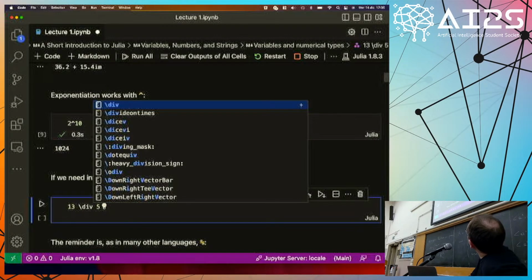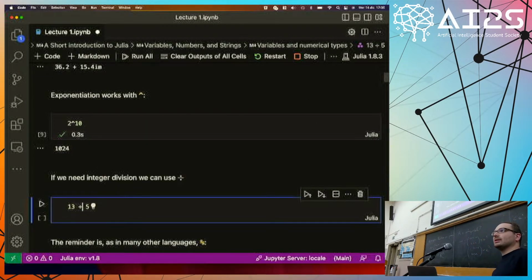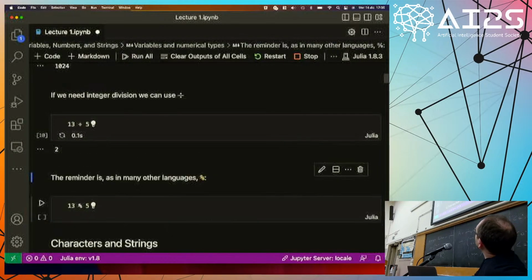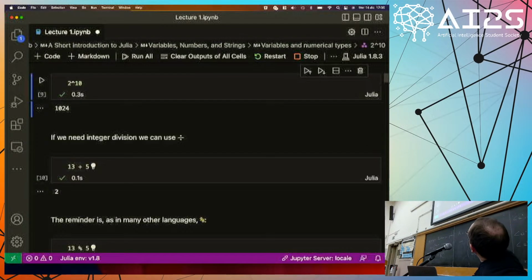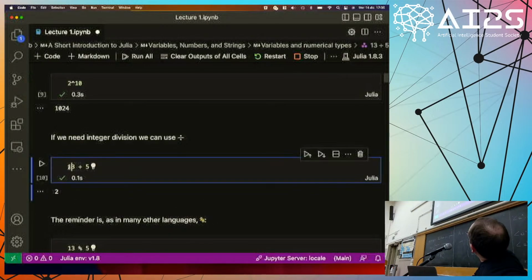As with LaTeX, if you know LaTeX, you can actually, since the language acknowledges the existence of characters outside the standard 7-bit characters, use the entirety of Unicode. So not only can we have integer division represented as div here, but we can actually assign it to a variable like